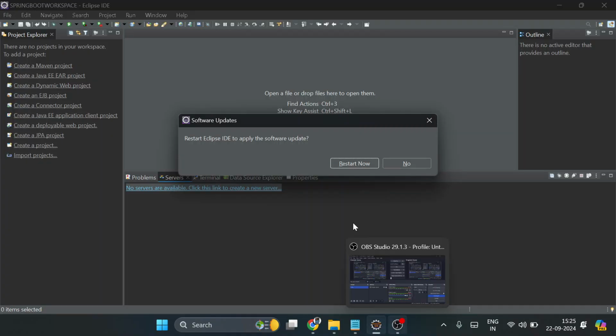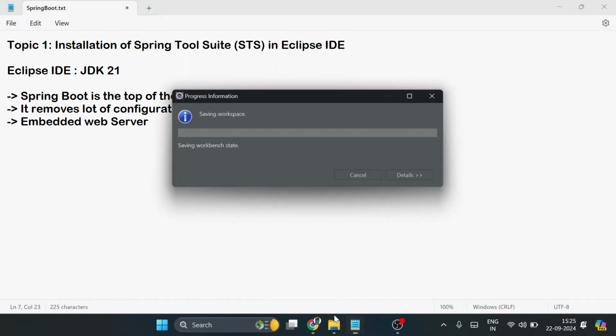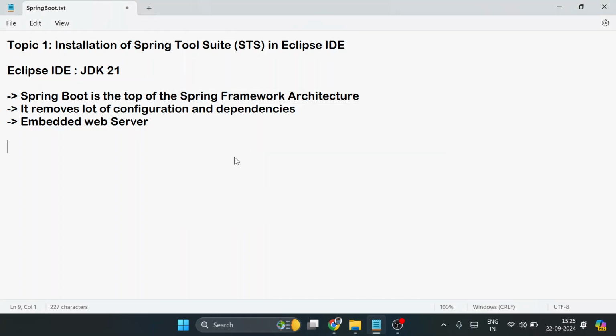So let's just check. It is just asking me to restart Eclipse. Let me do that. And the next point is